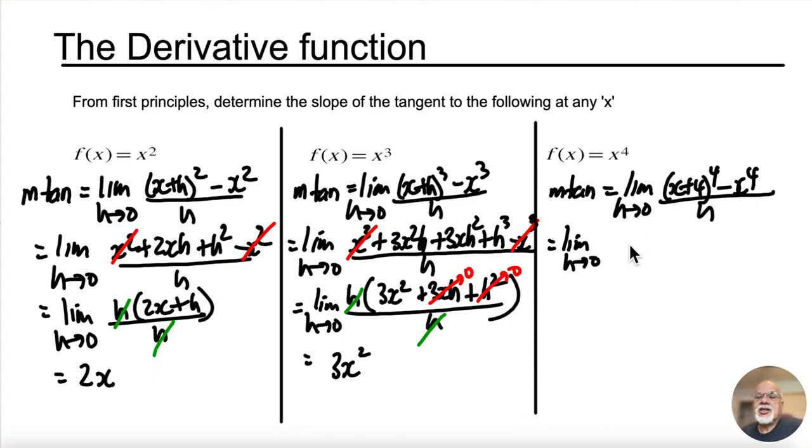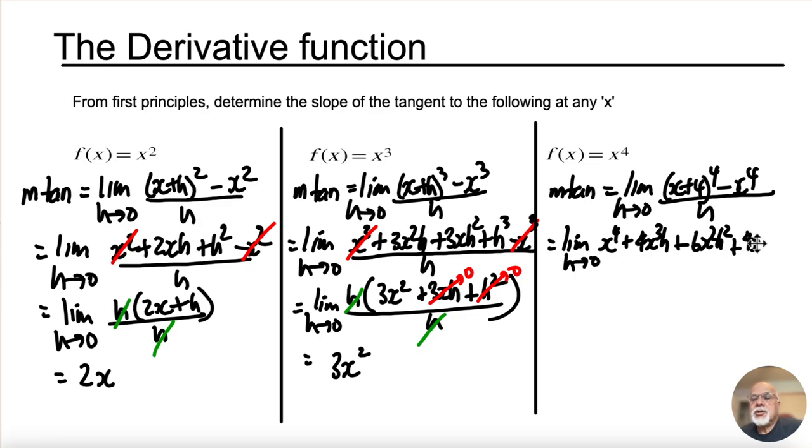And if we expand x plus h to the 4th, we end up getting x to the 4th plus 4x cubed h plus 6x squared h squared plus, the next one would be another 4